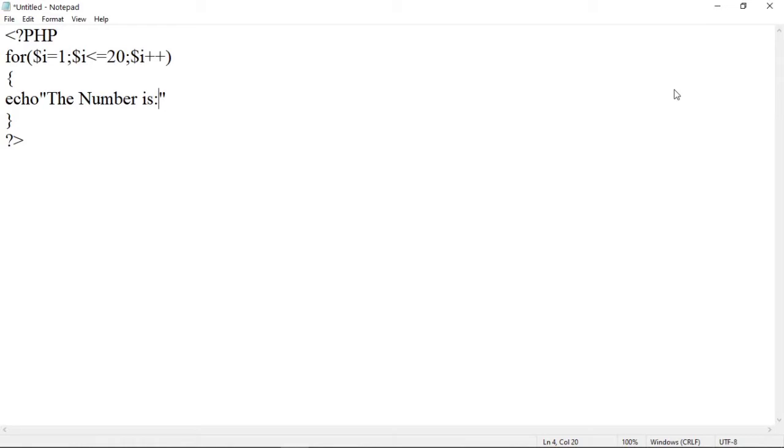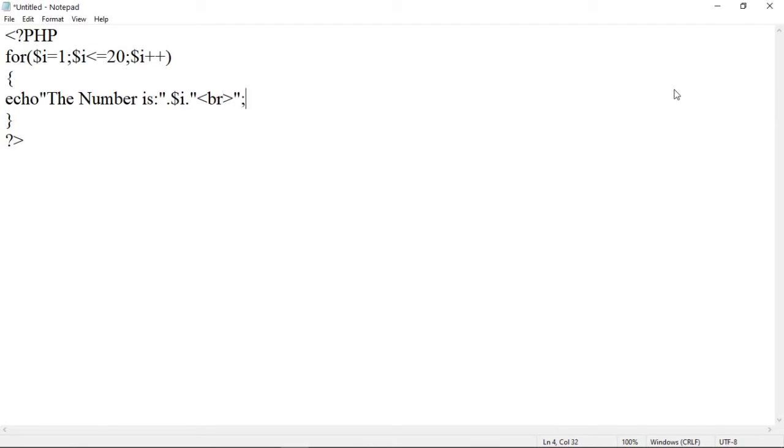To add a value, we have to use a concatenation operator, and the concatenation operator in PHP is the dot. So dot, after that $i, after that again dot, and again we have to print every value on the next line. For that we will use a br tag, and that will be in double quotes.